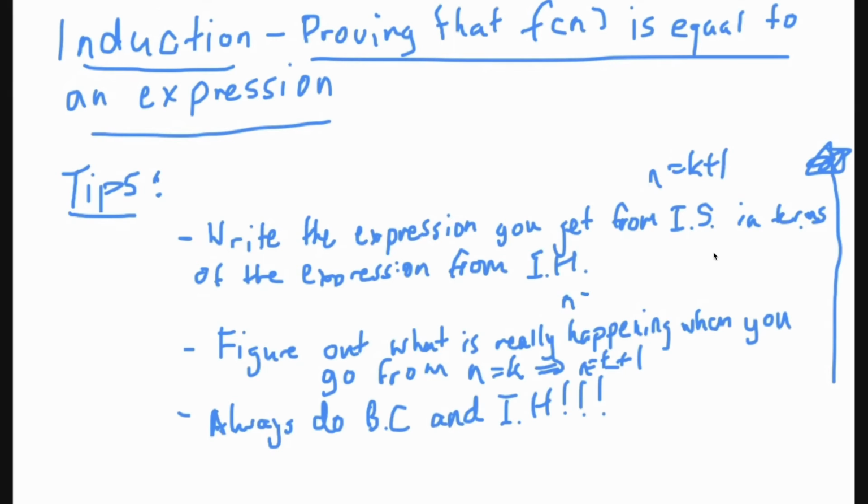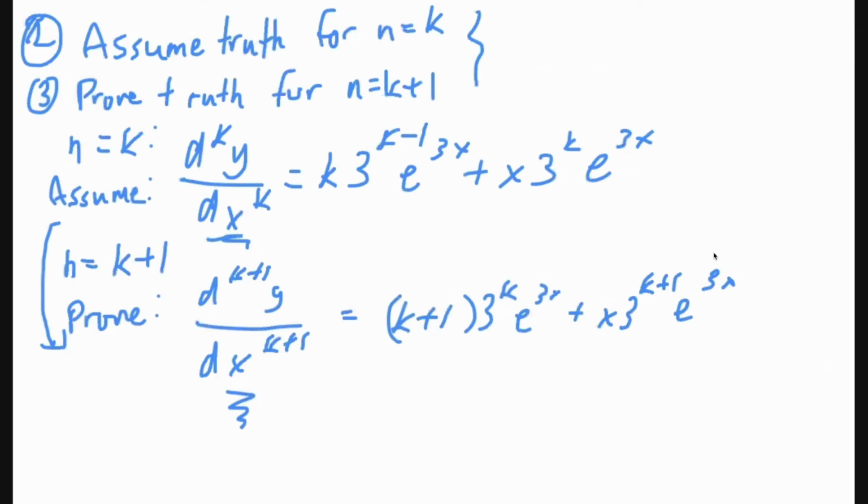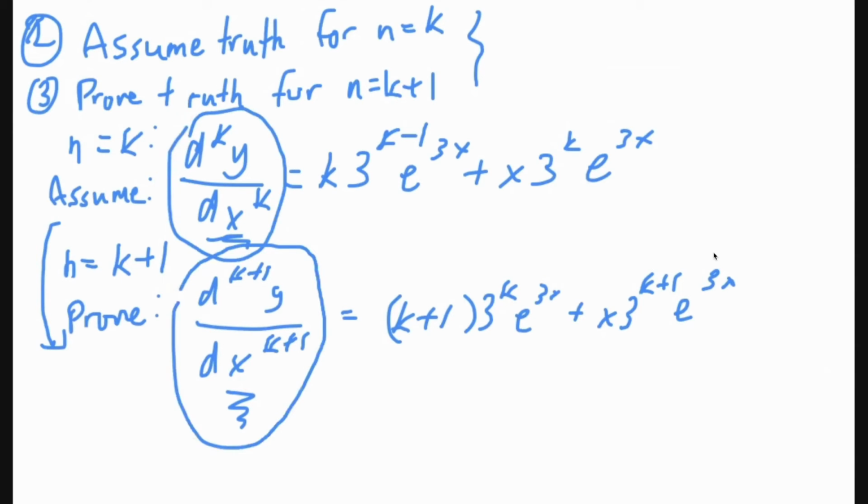Remember, that's the n is equal to k expression. Now, what exactly do I mean by these expressions? Well, I'm just talking about these guys over here. I'm talking about this guy and this guy. And what we want to do is write this guy in terms of this guy, which is